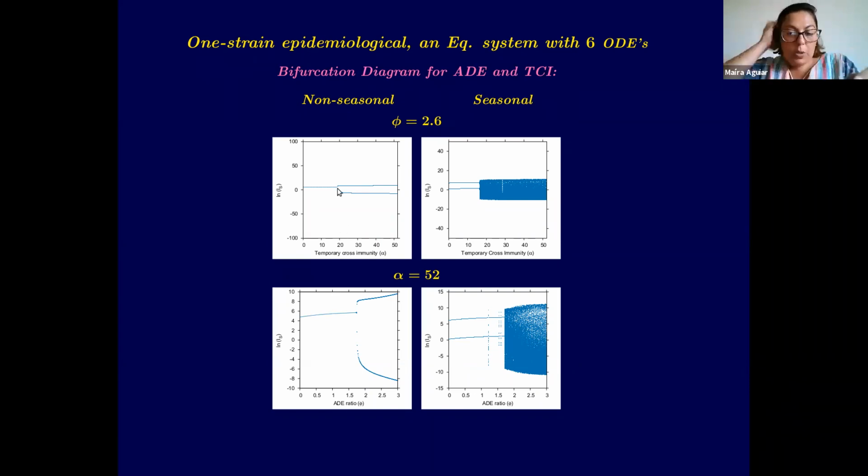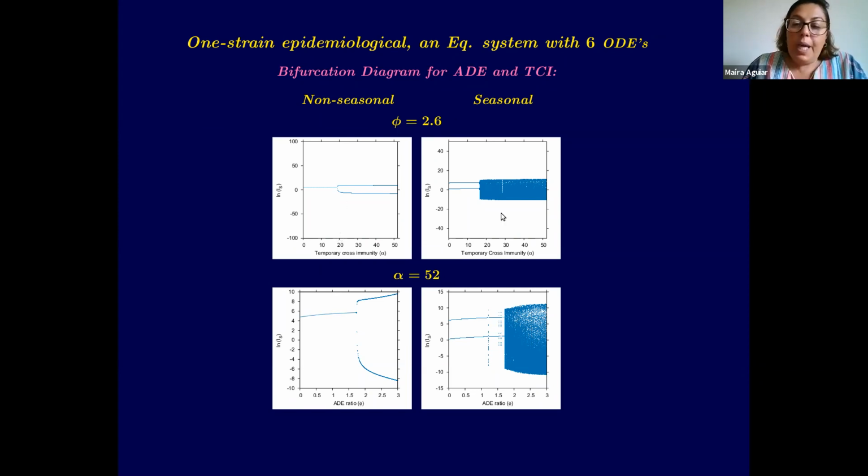So in order to get this Hopf bifurcation here, I would need to fix this phi value to 2.6, meaning that individuals in the secondary infection transmit the disease up to 3 times more than individuals in the primary infection, and they are getting reinfected after 2 weeks of clearing up the first infection, which is also not realistic,